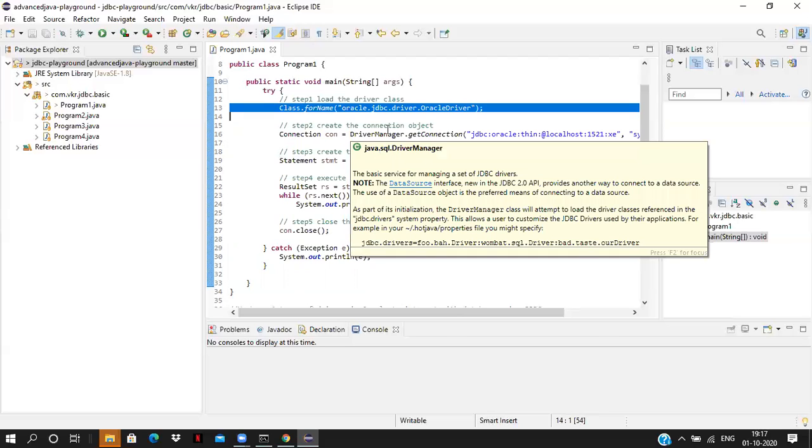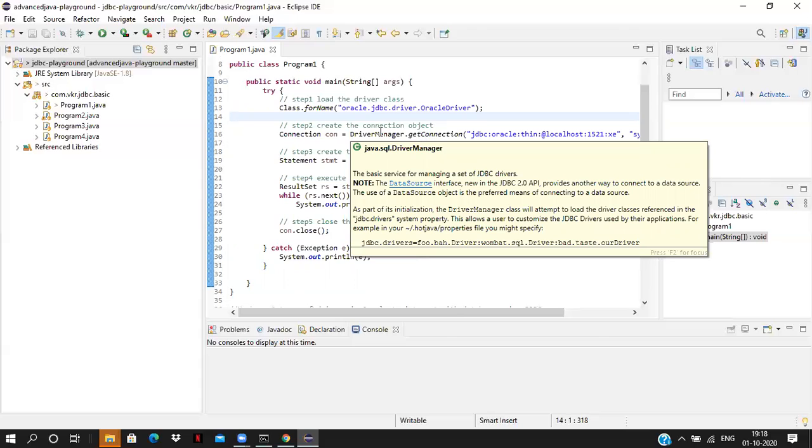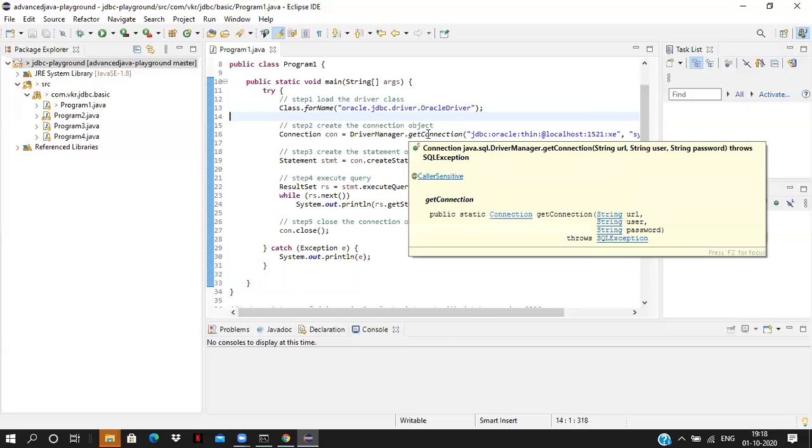Now inside the DriverManager class, we have a static method. How to access a static method? A static method is a class level method, so we can access it by using the class name. The DriverManager.getConnection method takes 3 arguments: URL, username, and password. By using that, we can get the connection to the database. We have to understand how it is happening: using Java code, we are interacting with the database, which is a different software.